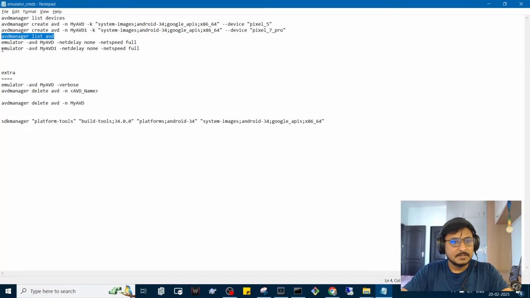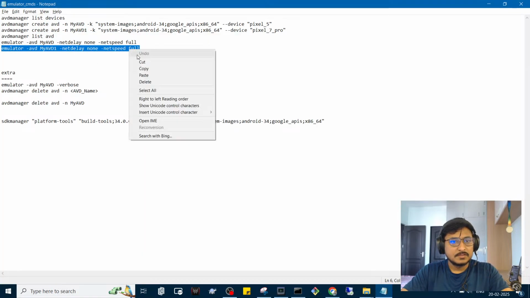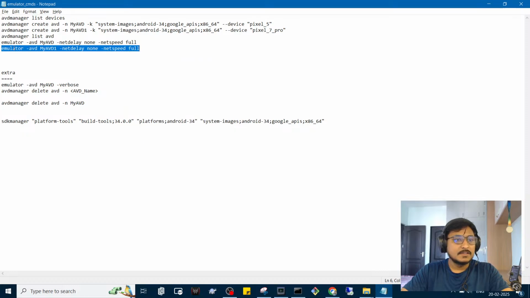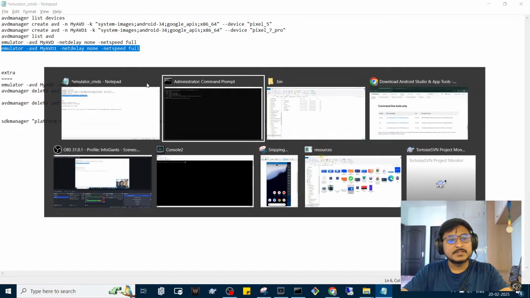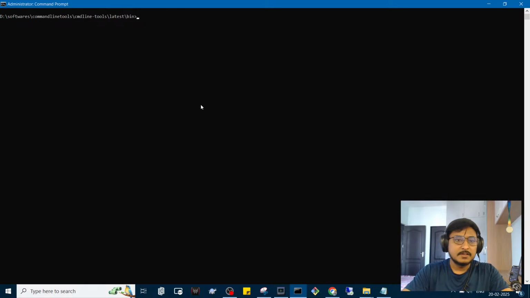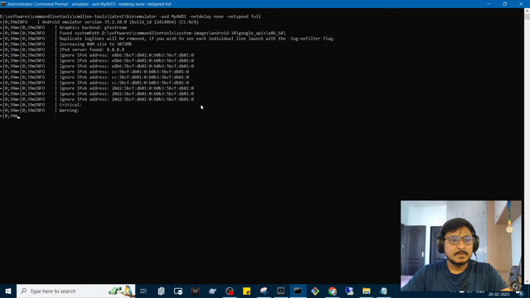The next command is starting the emulator. So from the command line itself, this is the emulator command, with the avd name we gave. Netdelay none means there will be no delay in the networking or internet, and full throttle net speed we will be using without any delays. So it will be a more realistic experience when we run the avd. So once I trigger this command,